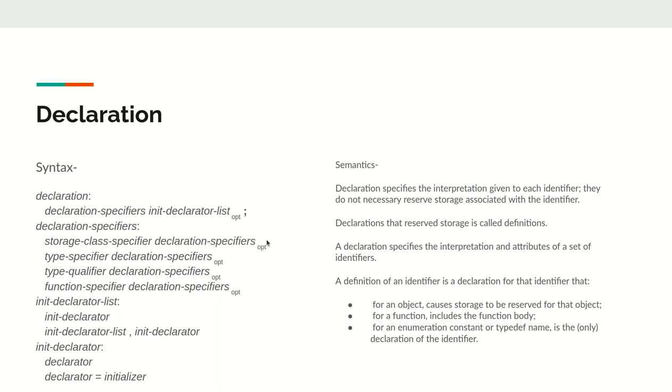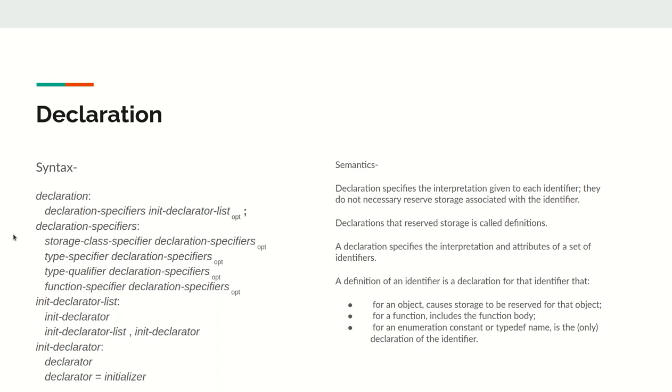This is declaration specifiers, again optional, but there is a storage class specifier. Even if you want to define the function, we need to know the declaration specifier. So the storage class specifier is one kind of non-terminal. I think we need to see that one as well, and the type specifier,